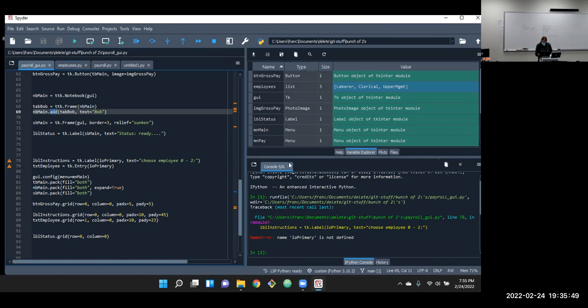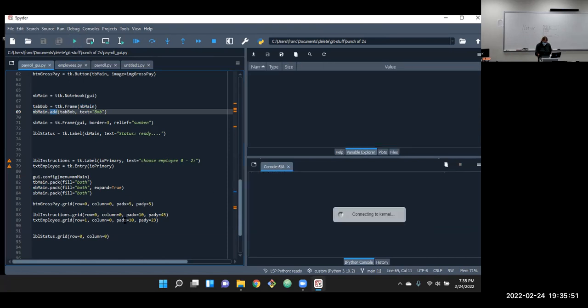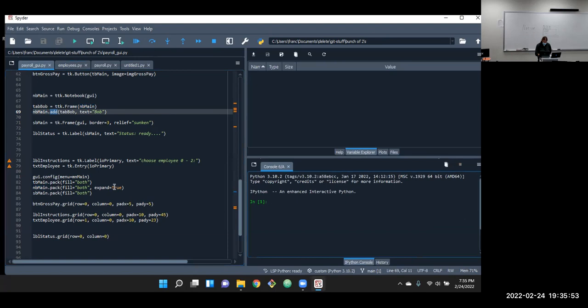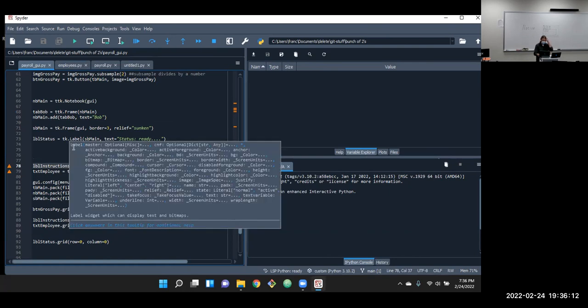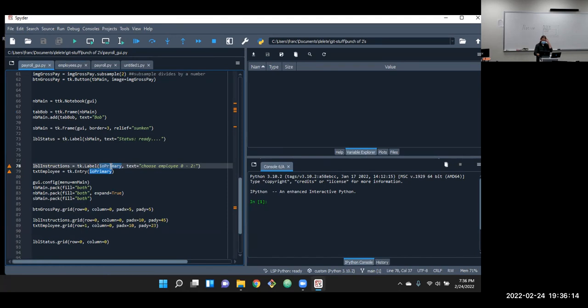Oh, I still got IO primary somewhere. Where's that still typed at? Oh, down here. Oh yeah, these need to go in that. So now we'll have the input.